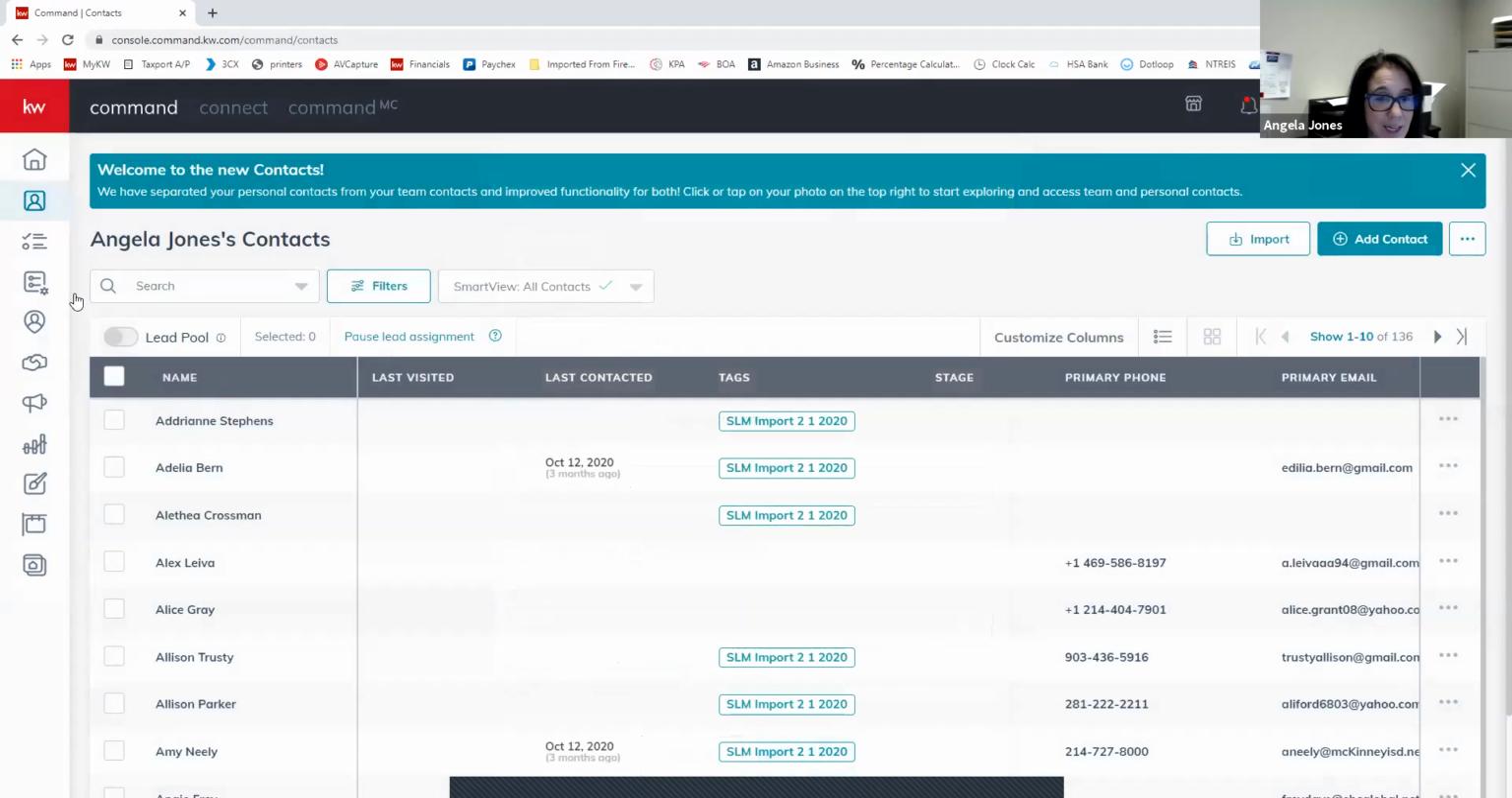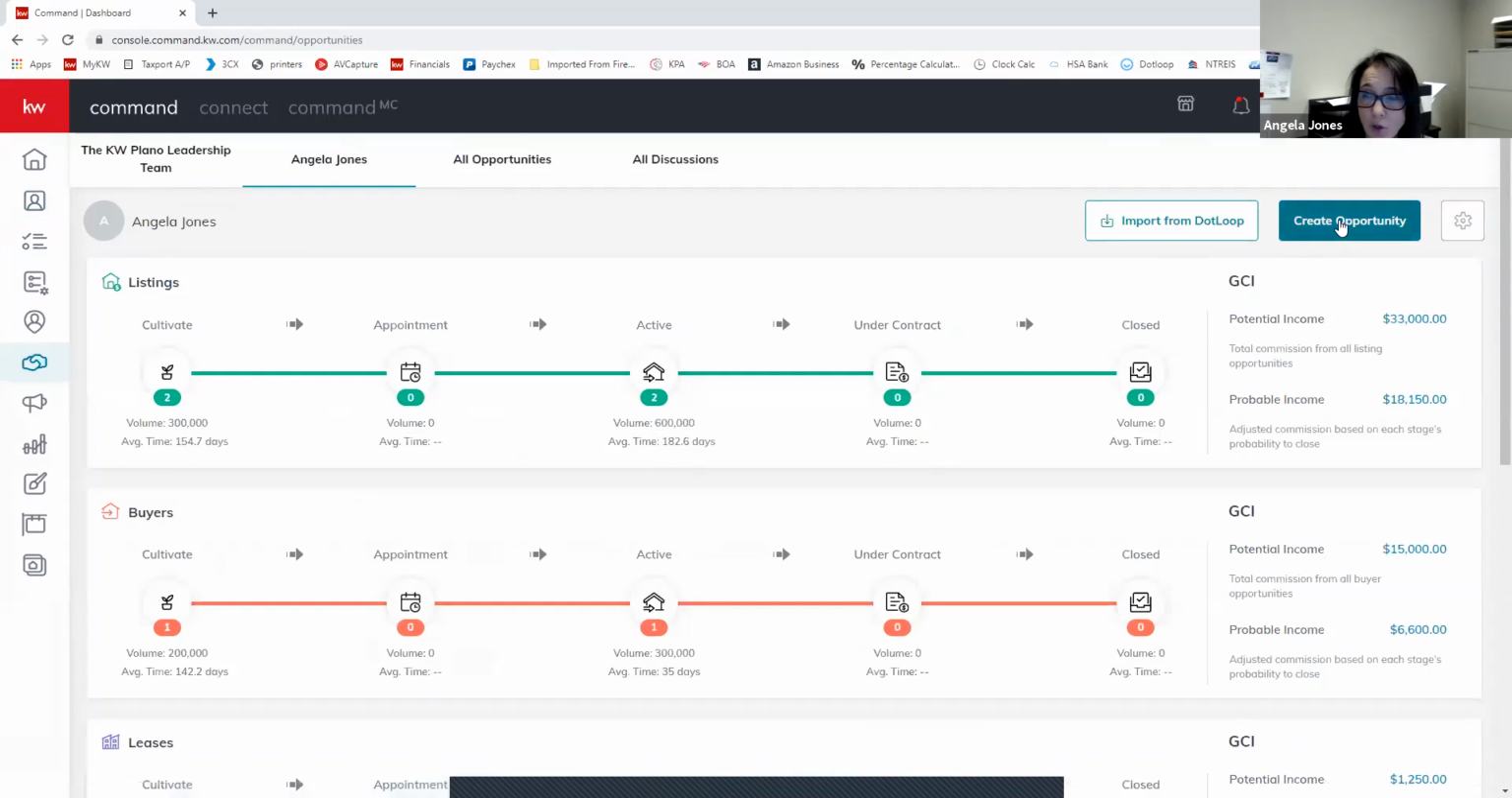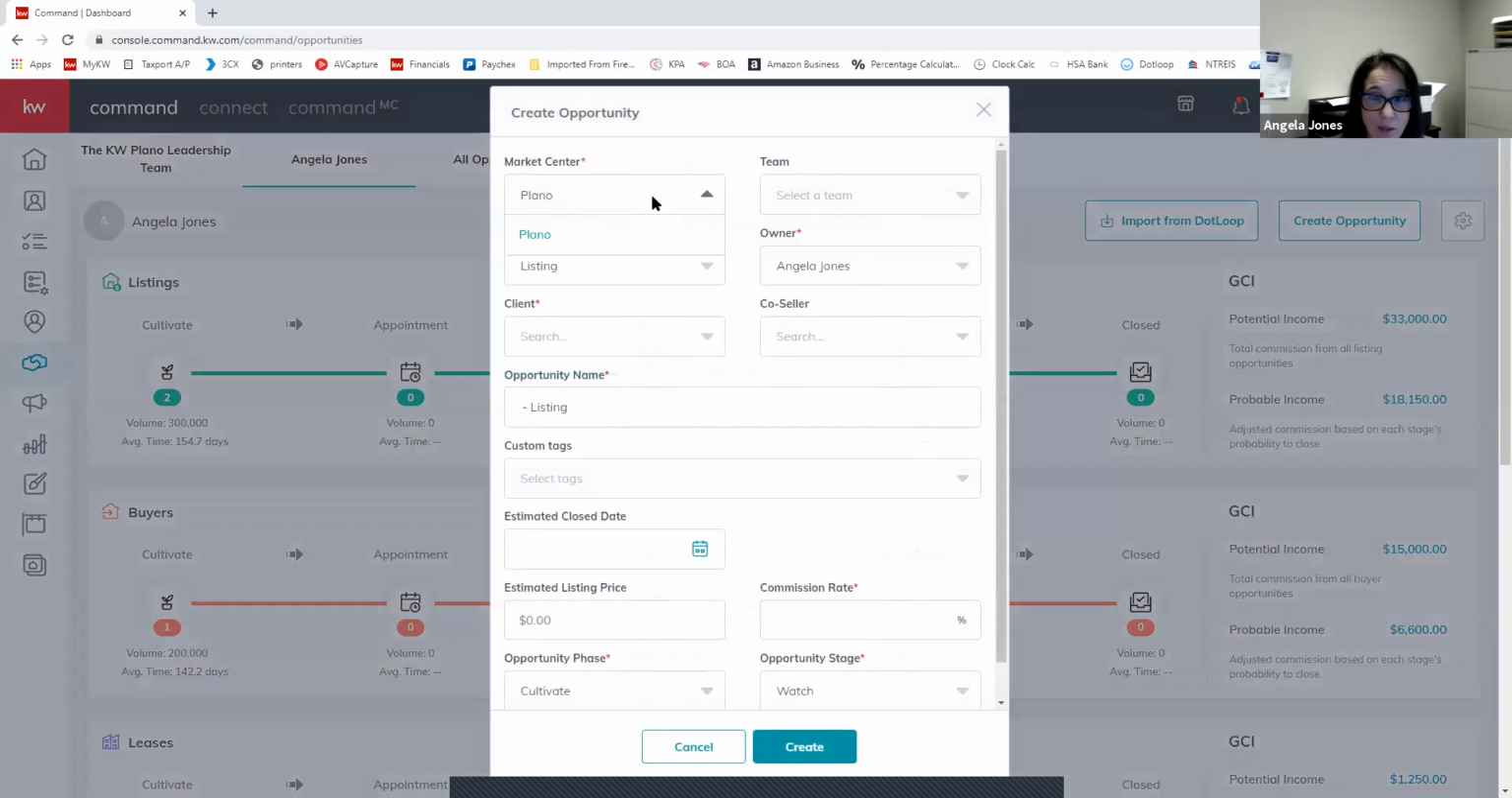Then once that contact is in, you're going to come over to opportunities. It's like your filing folder for your transaction. You're going to create an opportunity. Again, with our market center, make sure we're in Plano. We're going to be representing the landlord this time. This should auto-populate to your name. Our client